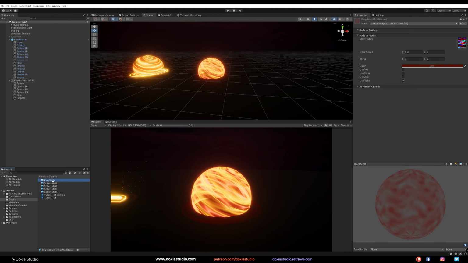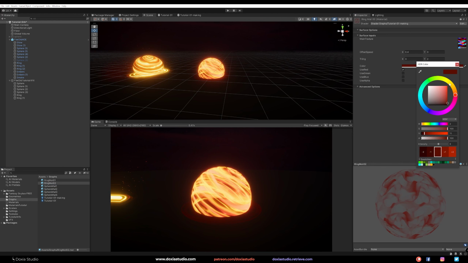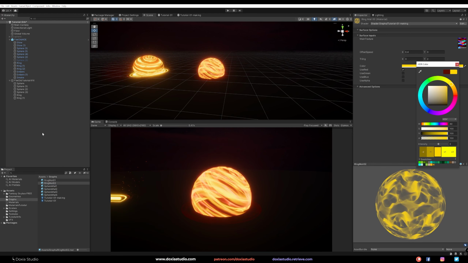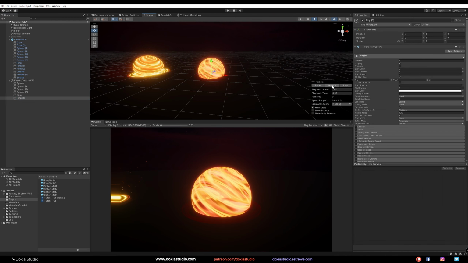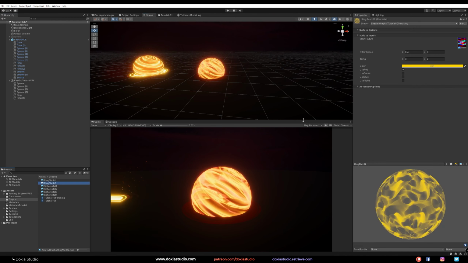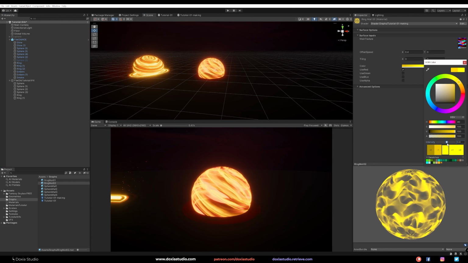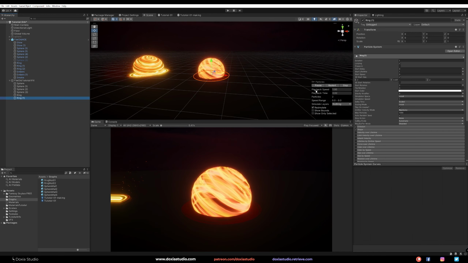Let's create another one, ring mat 2. And on this ring mat 2, I want to use maybe this one. Let's go ring mat here and restart this one. Let's see how it looks.